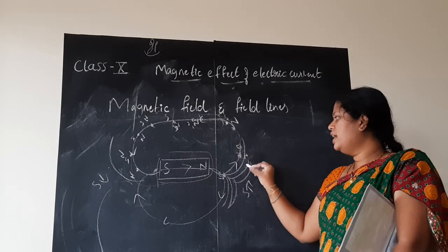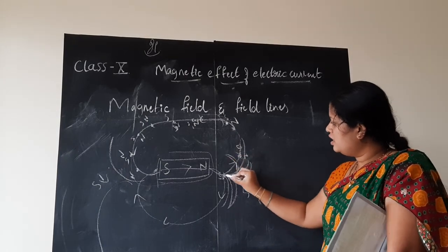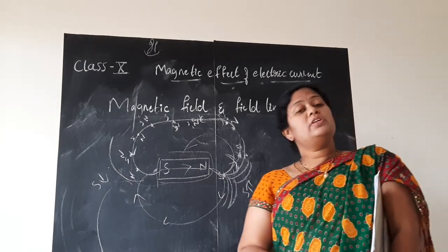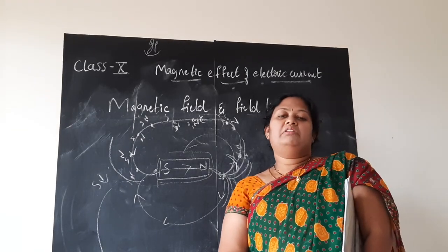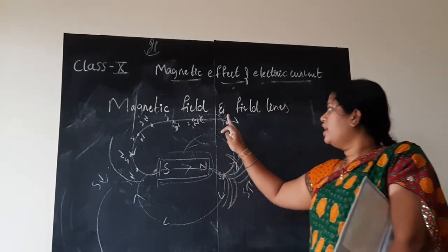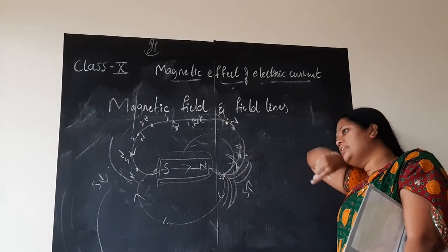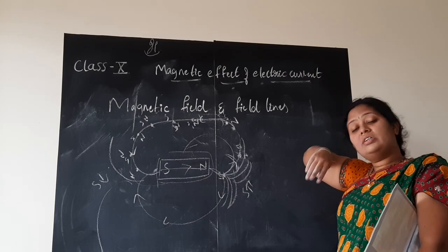The two field lines will never cross each other. See, it will not go away like this. Again, it will never cross each other. What happens if it crosses? Then the magnetic compass, what would it be showing at that time? In this activity you can easily understand the reason why two magnetic field lines cannot cross each other.